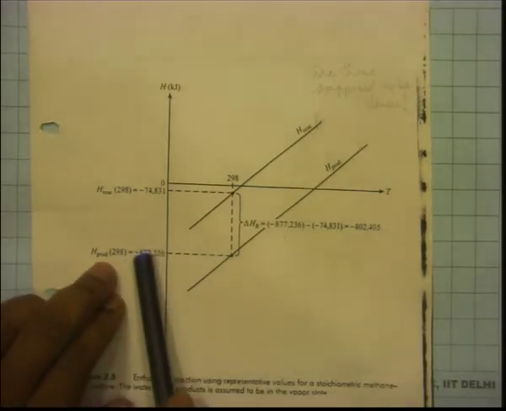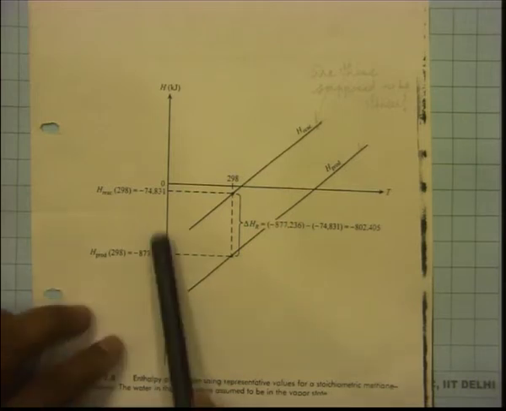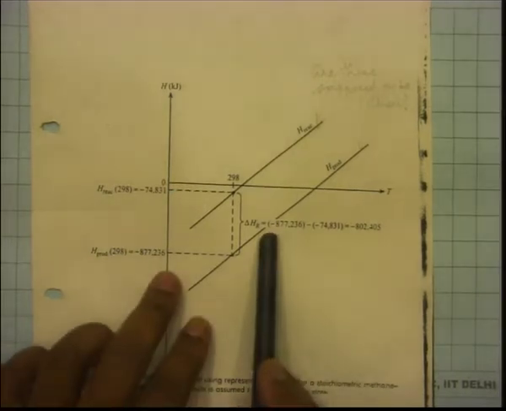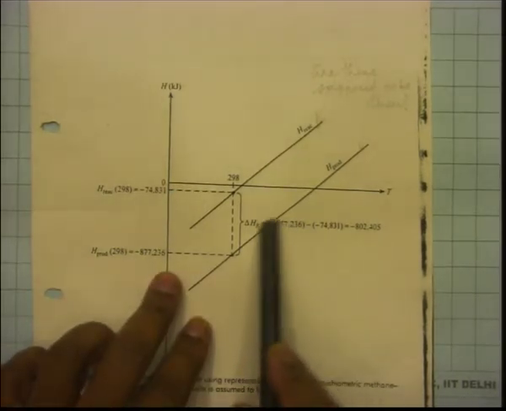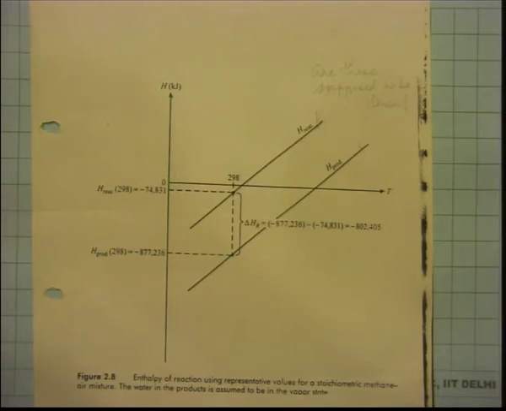Now, if you take a difference between the two, then you should be able to get enthalpy of reaction. So, this is enthalpy of reaction. This is also something which we discussed last time. So, now you would feel hopefully a little better because you are now seeing numbers, and tomorrow we will do some calculations also, some numerical problem solving. So, here you can see that this is minus 877,236 minus, so this is H product minus H reactant. So, this is enthalpy of reaction, which is the same as enthalpy of combustion. We were talking about a reaction which is a combustion reaction.